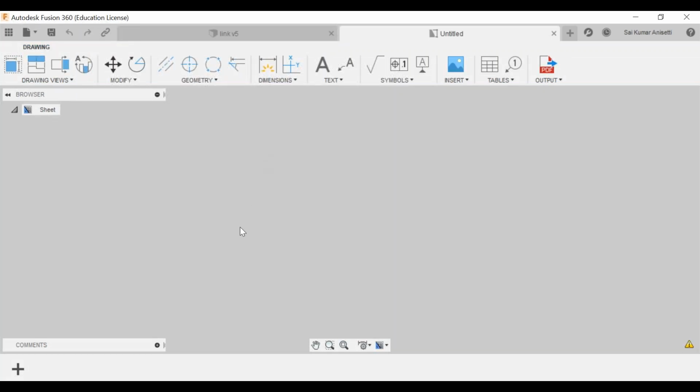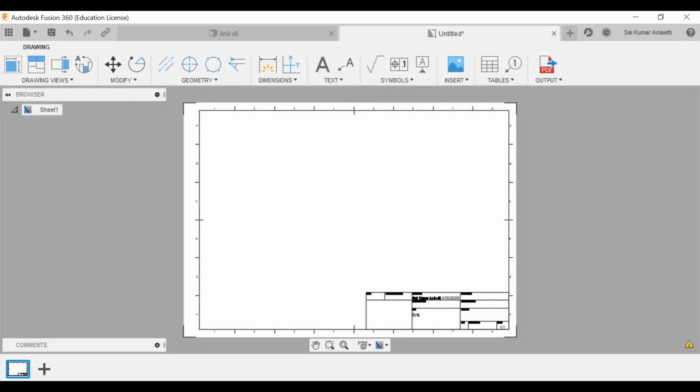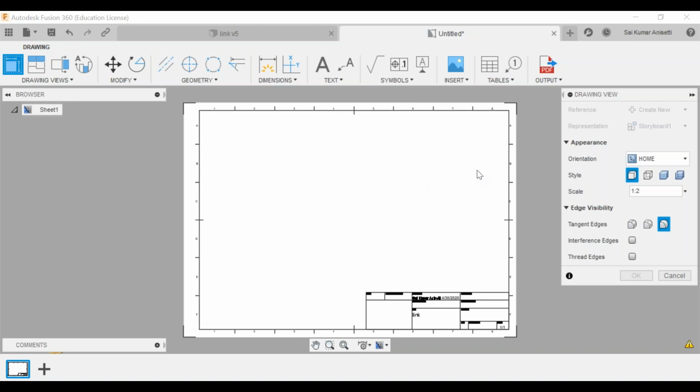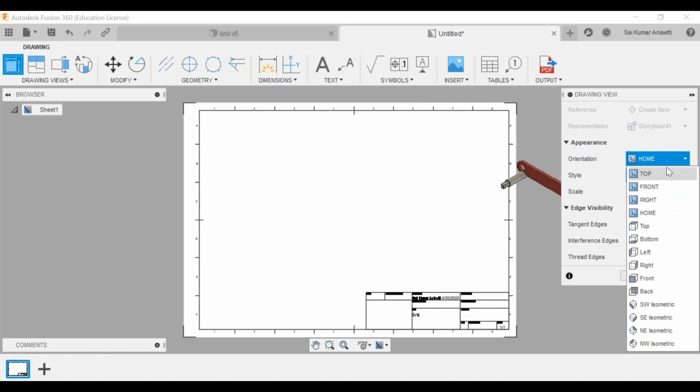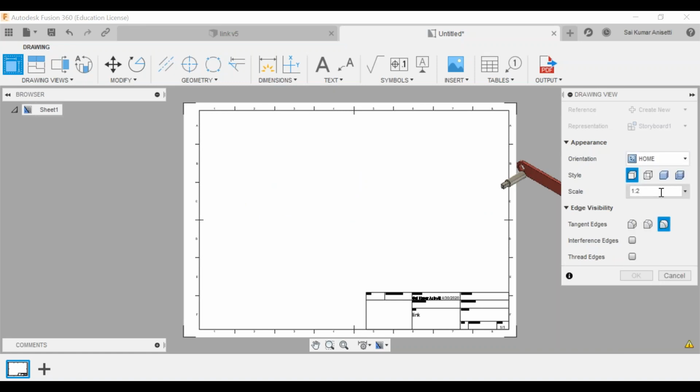See, now exploding or not exploding depends upon you. Okay, fine, you want to explode it or else you don't want to explode it. Just go to simulation, do as it is, generate your assembly drawing from that particular design. I'll just go to home orientation. We'll just make sure this is the same.